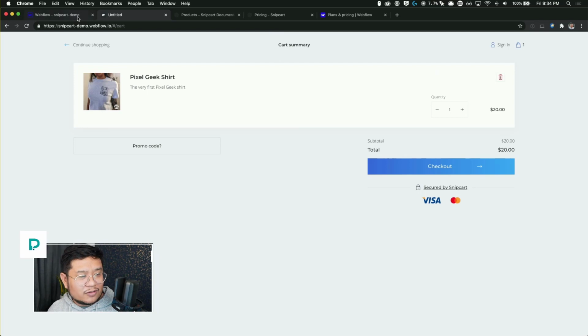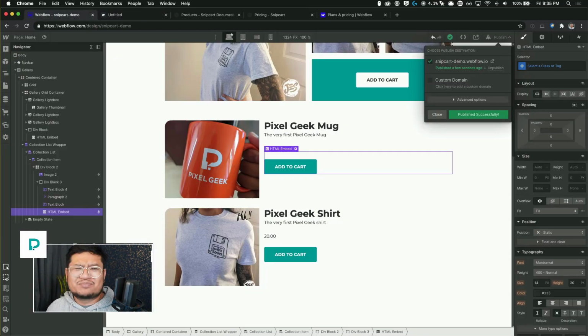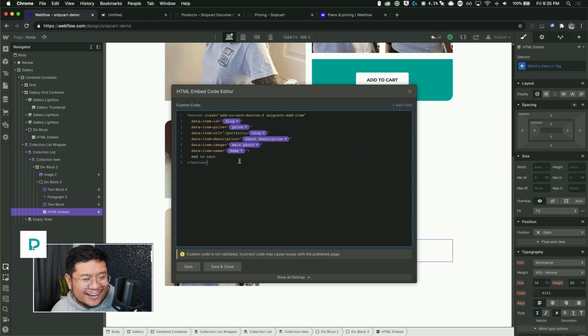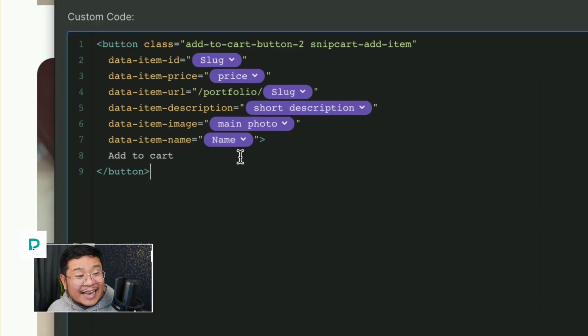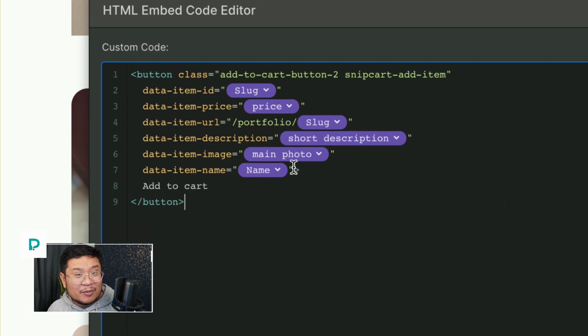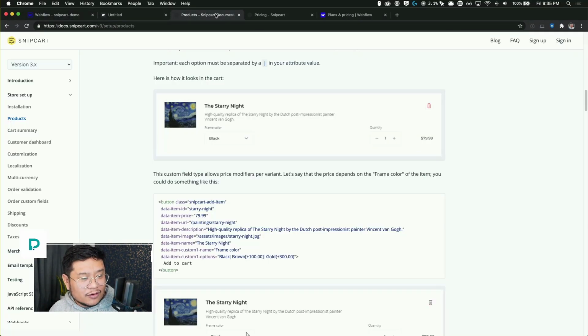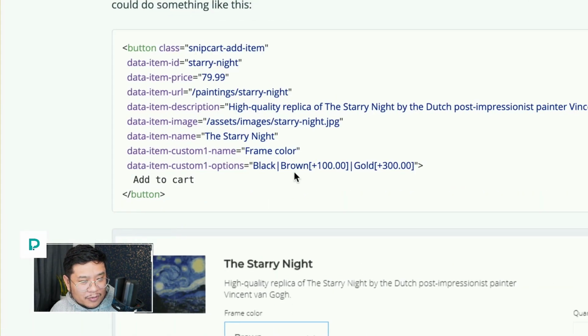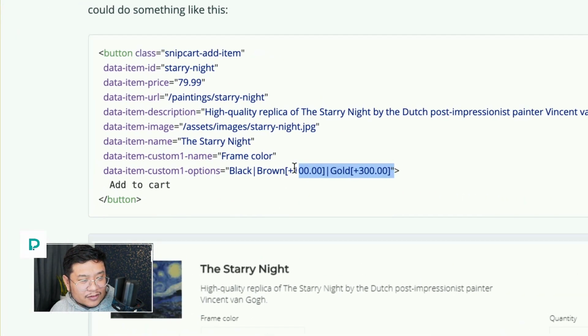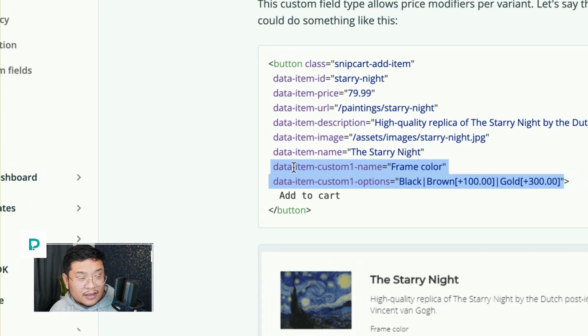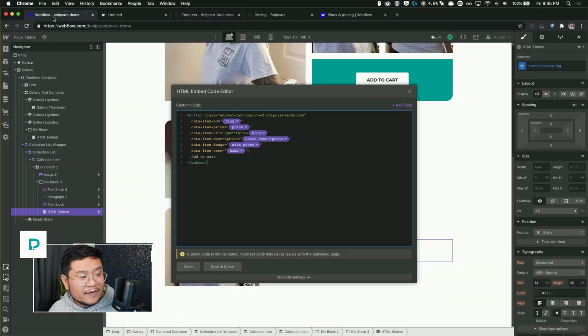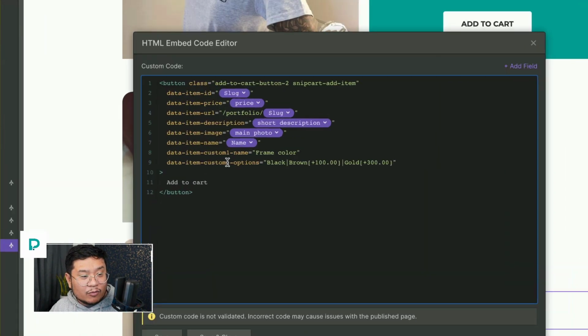And it didn't work. What happened? Oh, duh. I got ahead of myself. Right here, I need to add that custom one name and custom one option. So I'm going to go here and just copy these two, and paste it here. Okay, so I added more stuff.